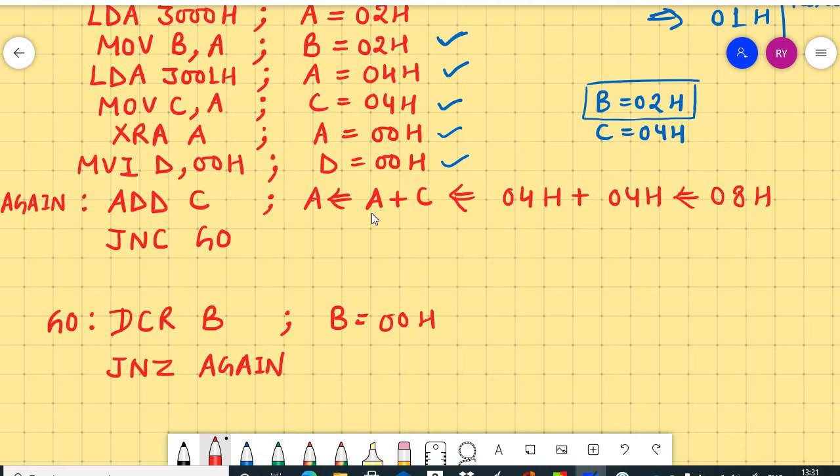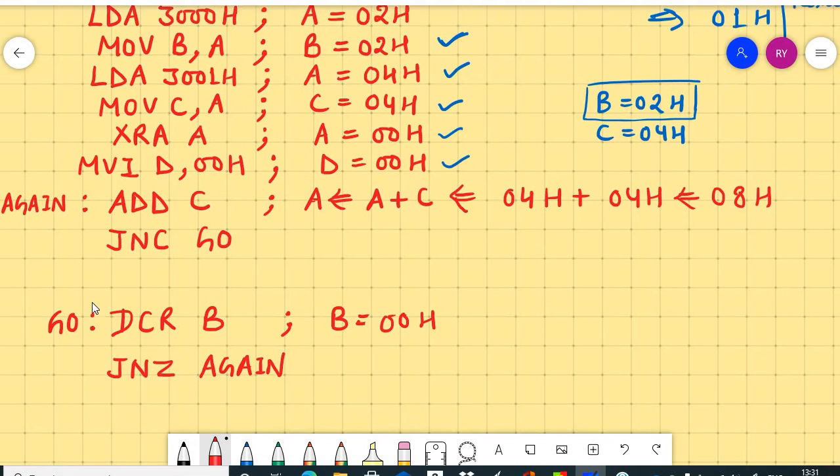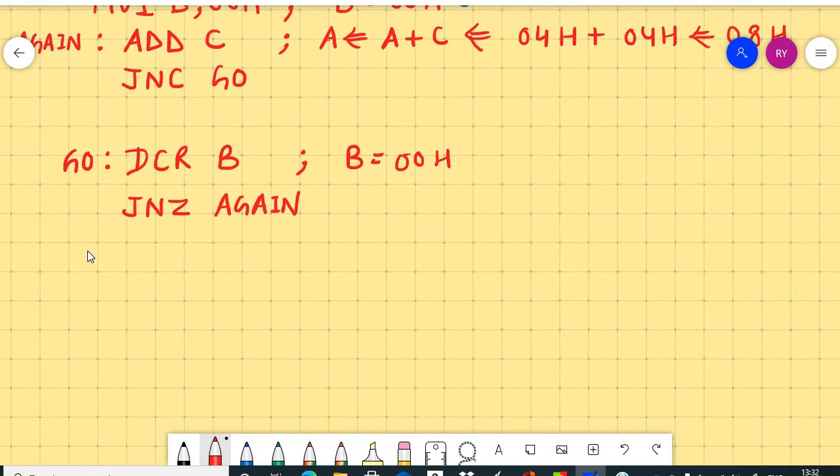And check the condition, jump if not 0. If the result is not 0, then jump to the addition process, but now the result is 0, meaning the addition process is performed. So what can I do for that? We display the result at location 3002H, and the last result is stored in the accumulator.